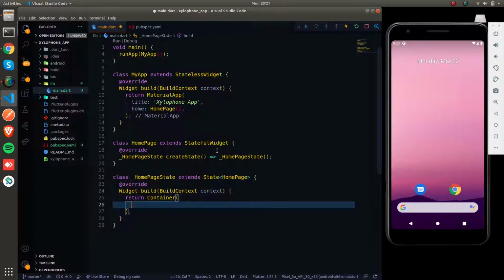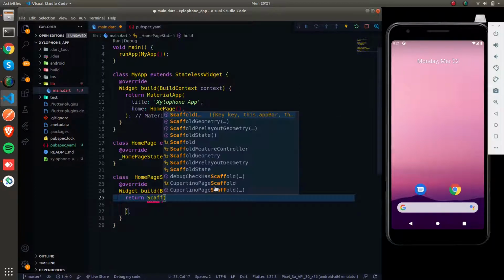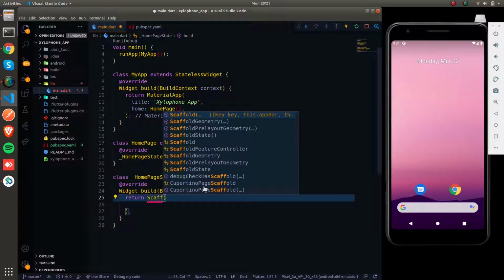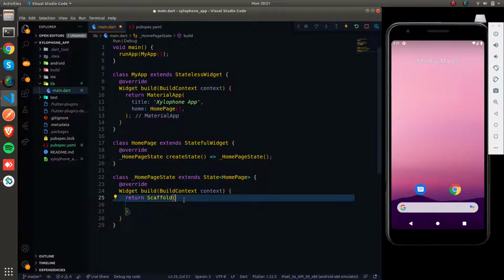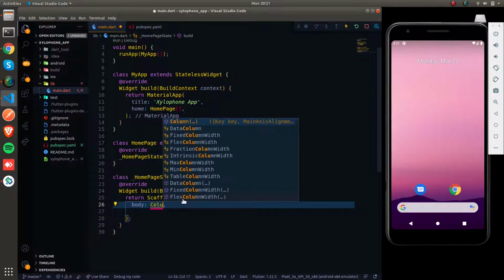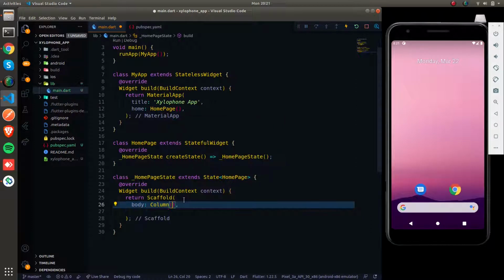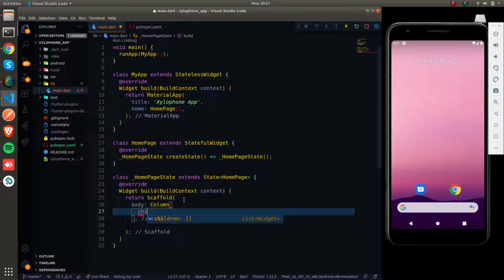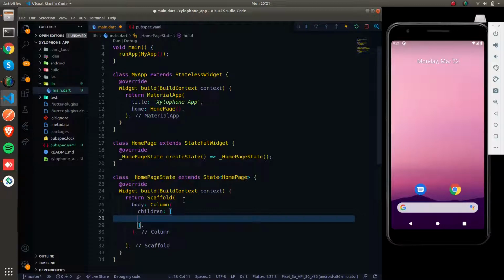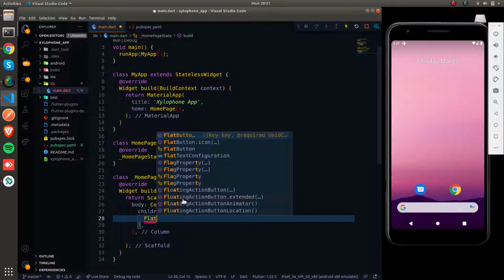So now basically we are having this container. So now I'm going to return a scaffold widget here, and I'm going to specify the body property. So I'm going to make use of this column widget, and I'm going to pass some children. So now basically what I wanted to do is I wanted to create a flat button